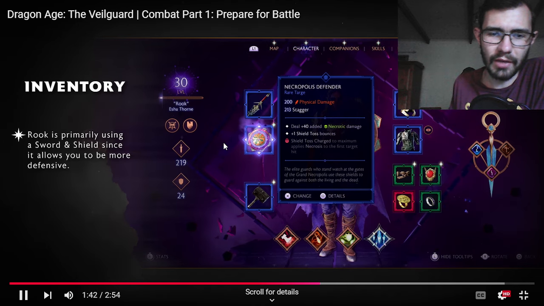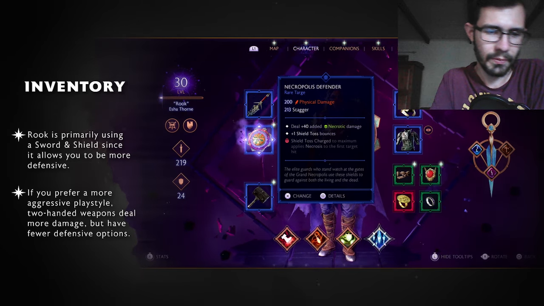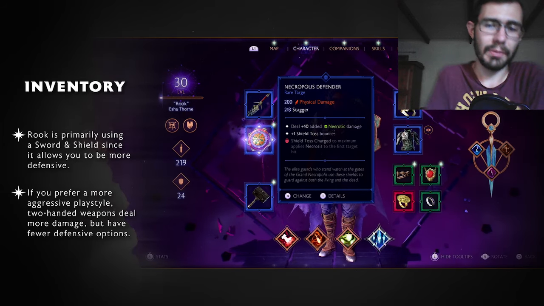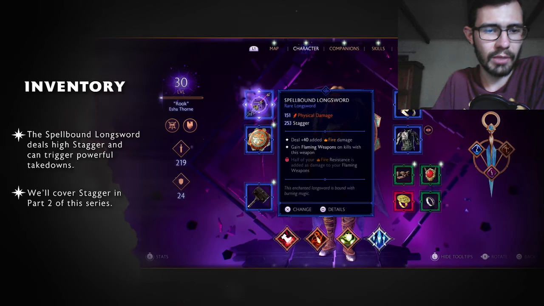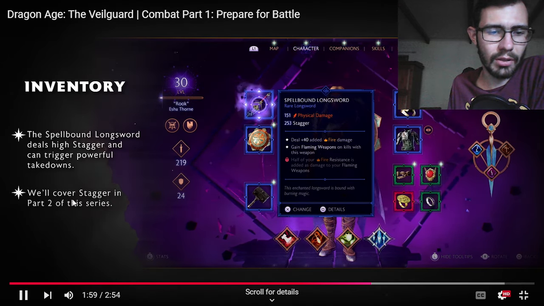I do like the idea of having bonuses to specifically the armor you wear. So if you prefer a more aggressive style, 2-handed weapon steel. Also 2-handed weapon, that's cool. Spellbound longsword deals stagger, and the guns will convert stagger into more